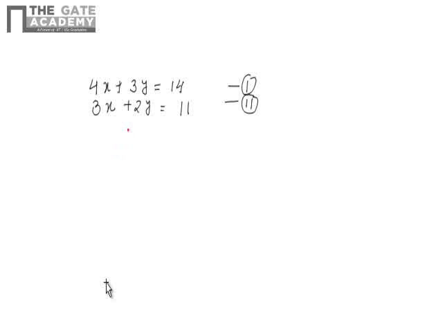In the method of elimination, you just have to eliminate one variable. To eliminate one variable, you have to either add or subtract. But since here all the variables are in positive sign, you'll have to subtract. And to eliminate any variable, you should have the same coefficient. So suppose you want to eliminate y. The coefficient of y is not the same, so you'll have to make these coefficients the same. If you multiply the first equation by 2, the y coefficient will become 6, and if you multiply equation number 2 by 3, then the y coefficient will also become 6. Now let us see.